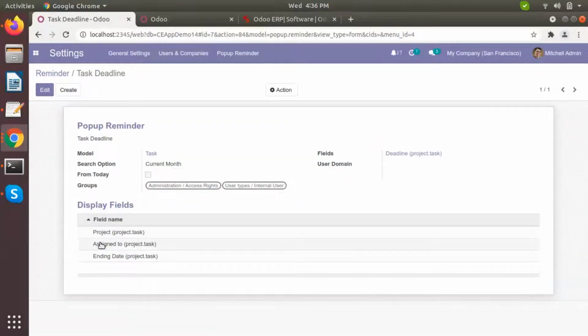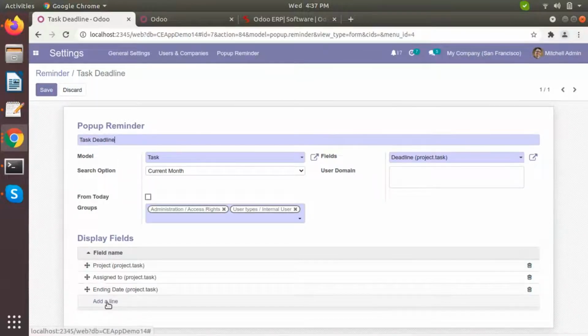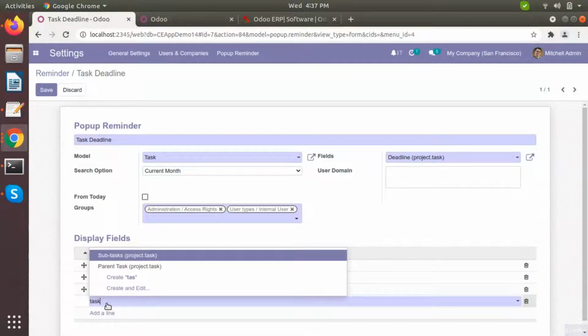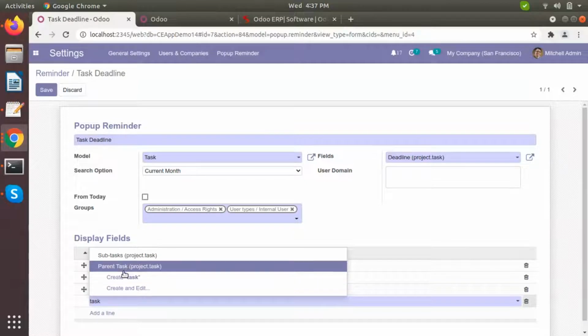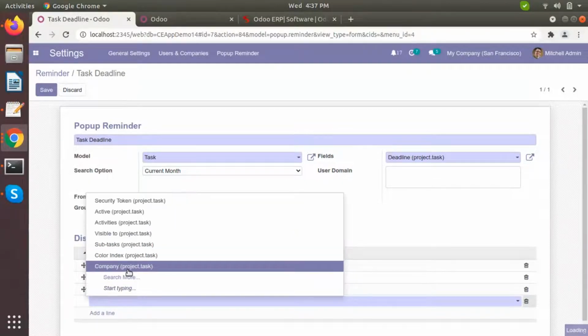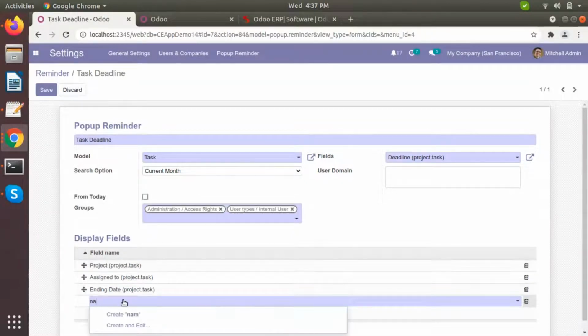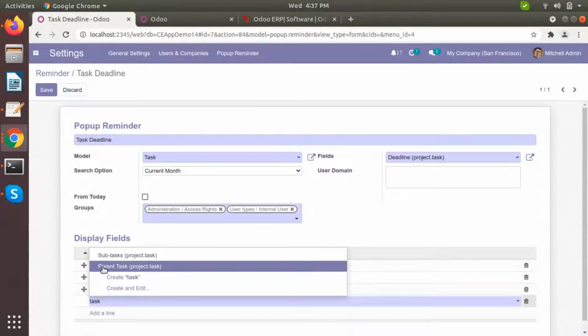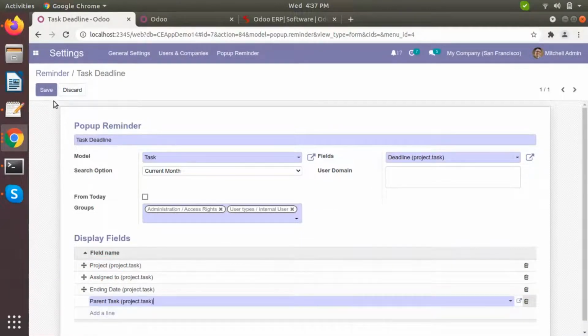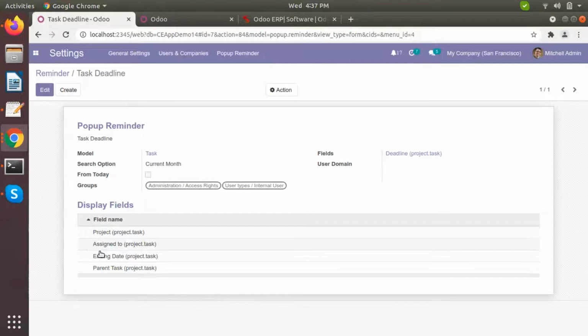So I'm going to create another reminder based on project assigned name, and let's give a task name. Task, current task. So I'm going to directly show that.